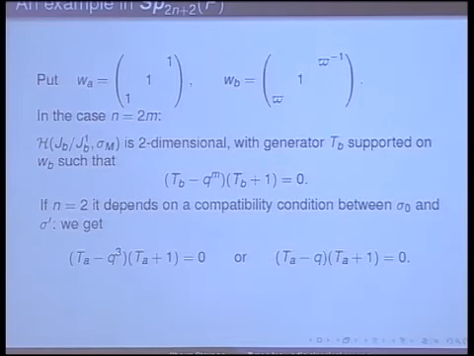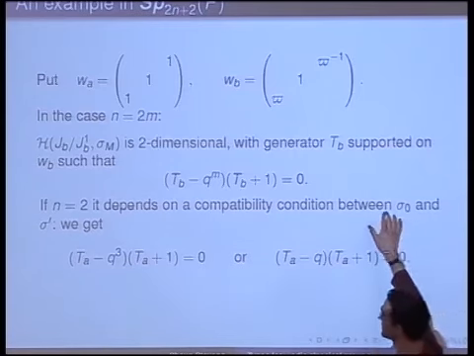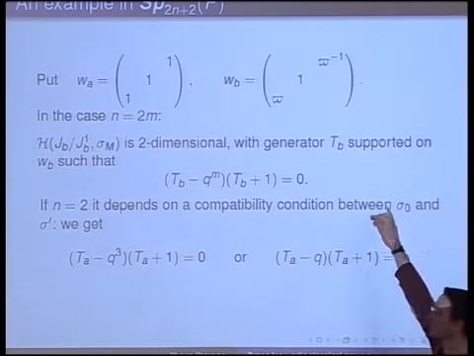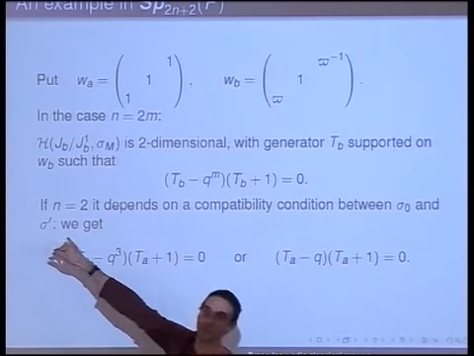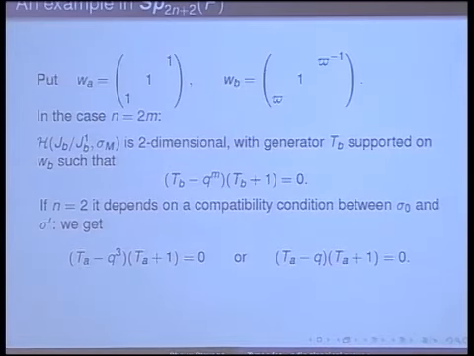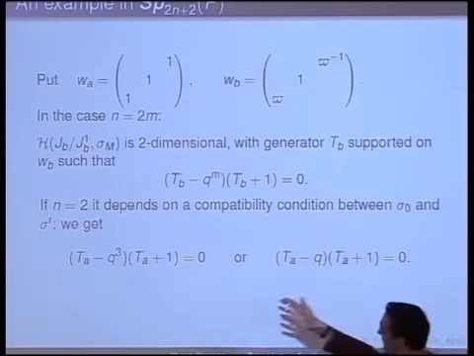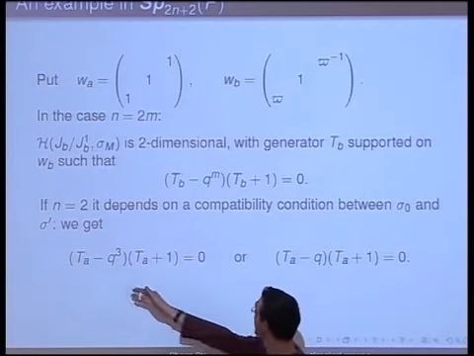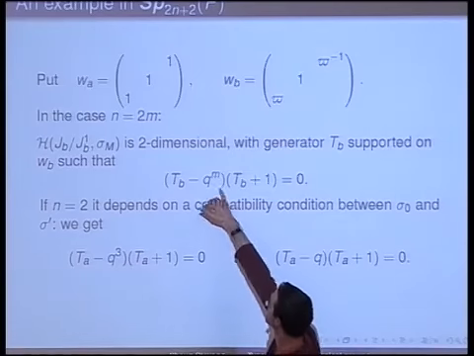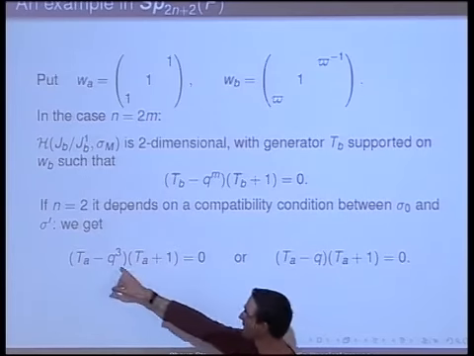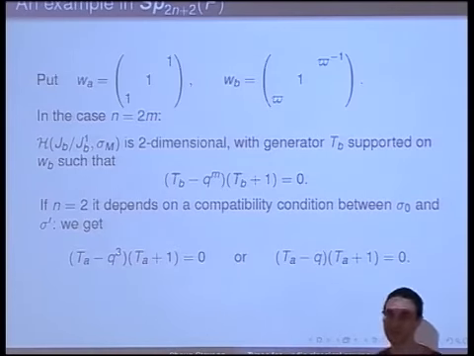If n equals 2, well, then it depends. It depends on some compatibility condition between sigma 0, which now I remind you is a cuspidal of GL2, and this one, which is a cuspidal of SL2. So it's some sort of condition factoring through some norm. And then m is 1 now, when n is 2. So you either get the same, or you might get q cubed. So when this condition is satisfied, you get a larger power.